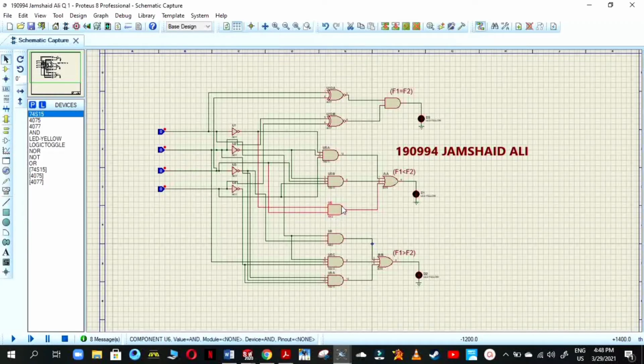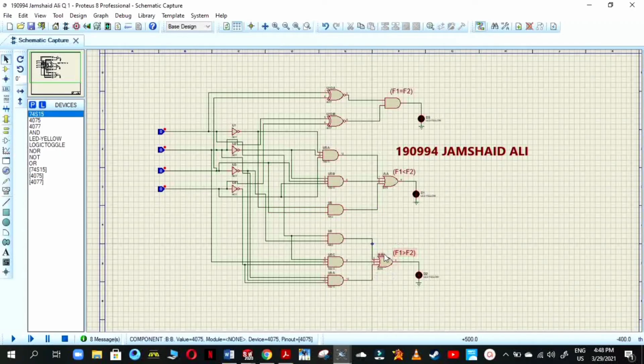And in the third gate, we will combine NOT A and C directly. These 3 AND gates are combined by using an OR gate operation, and this condition will tell us if the first input is less than the second input, then this LED will turn on.